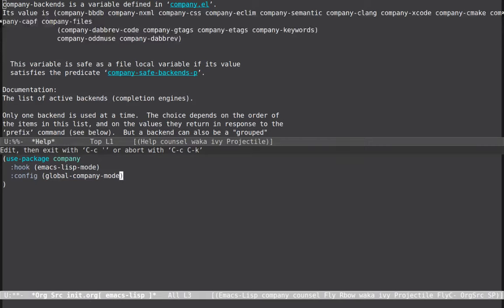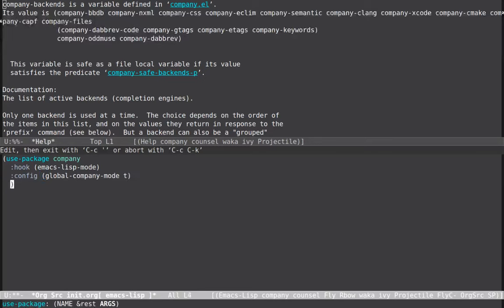Okay, and does it take a parameter? Yes, it does. Right? No. Right. Now we turn on global company mode, and